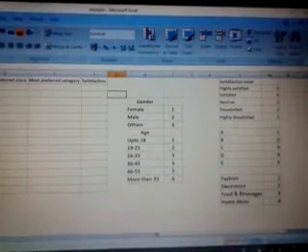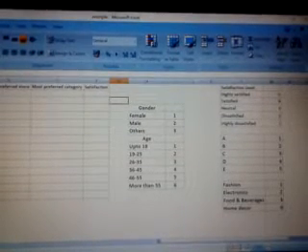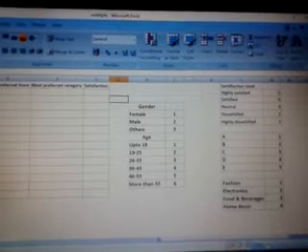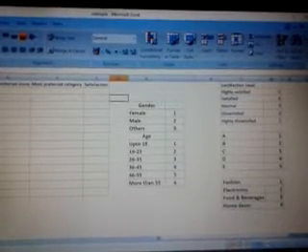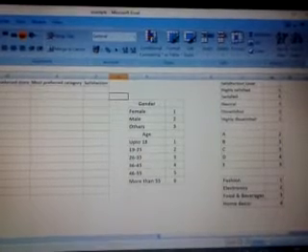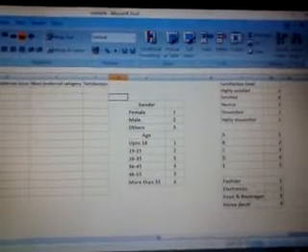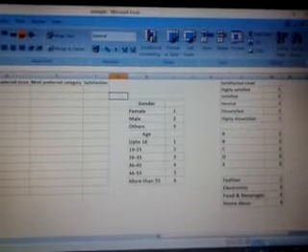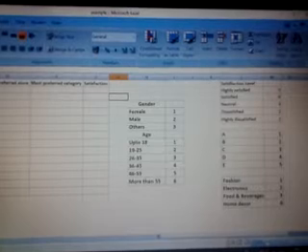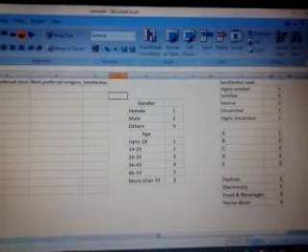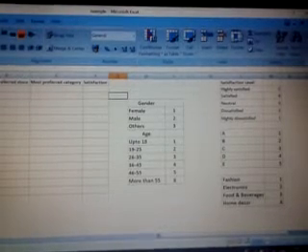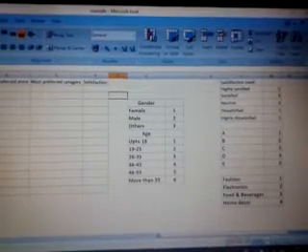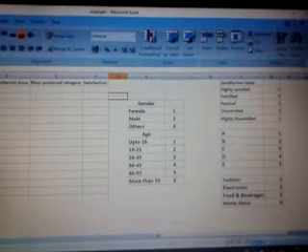Next, there is another question: most preferred category, meaning which product category is most preferred for online shopping. Again, we have taken an example. We have given 4 options: fashion, electronics, food and beverages, and home decor. For fashion the coding is 1, electronics 2, food and beverages 3, home decor 4. If the respondent has ticked fashion as the most preferred product category for online shopping, then we would enter 1, and if it is electronics, we would enter 2, and so on.